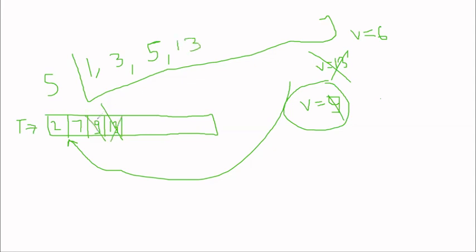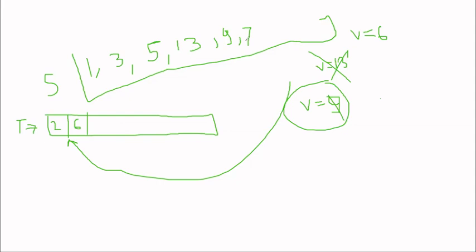9 is also greater than 6, I'll add 9 here. 7 is also greater than 6, I'll add 7 here. It is 9, not 19. Again 6 is greater than 2, so we don't need to remove that 2. We'll just add 6 after 2. Let me push 6 after 2.